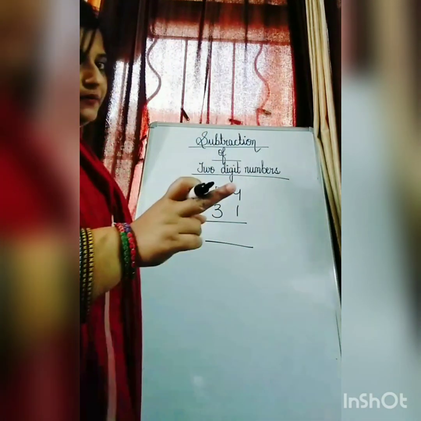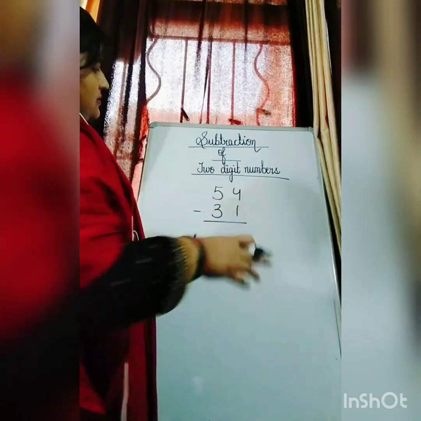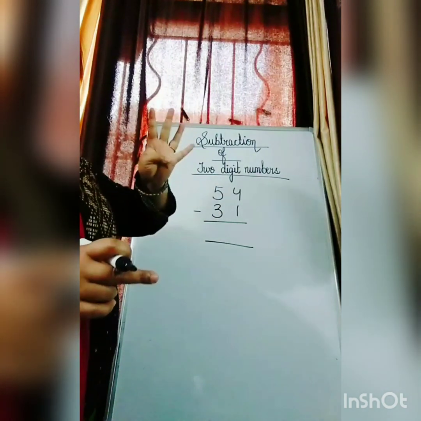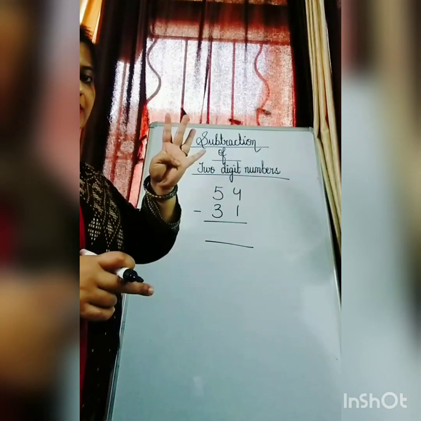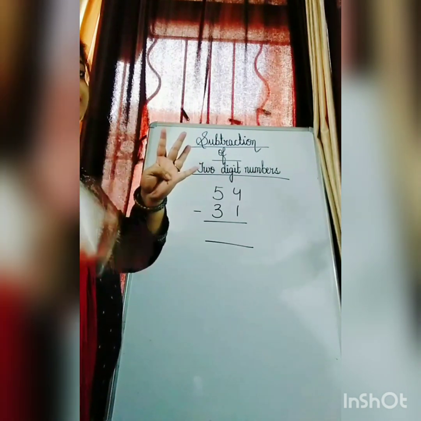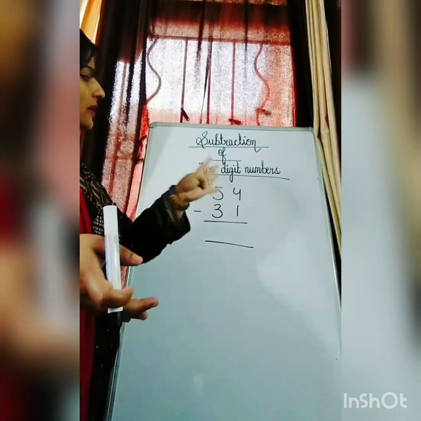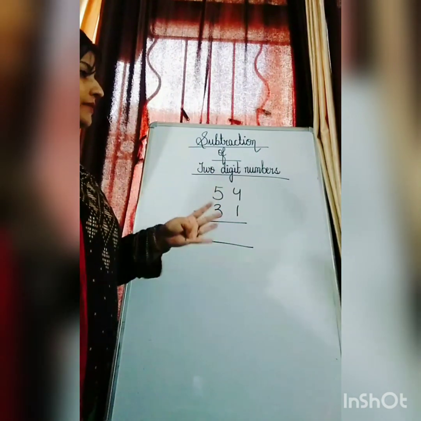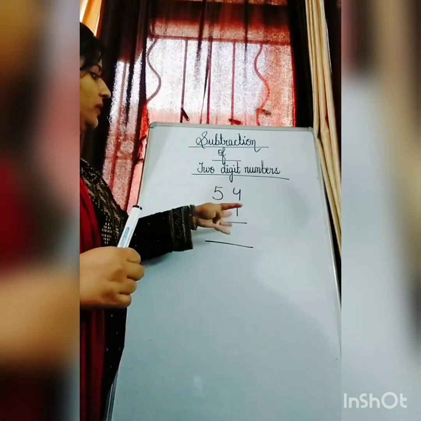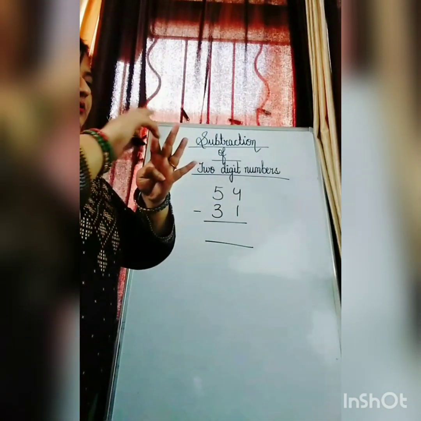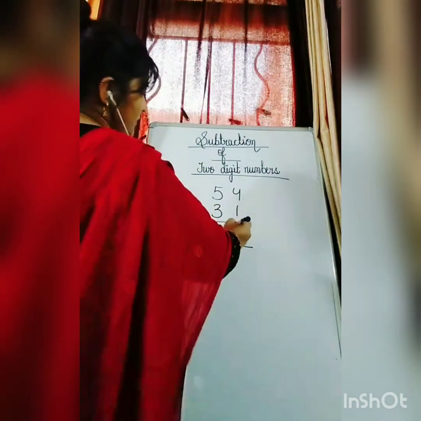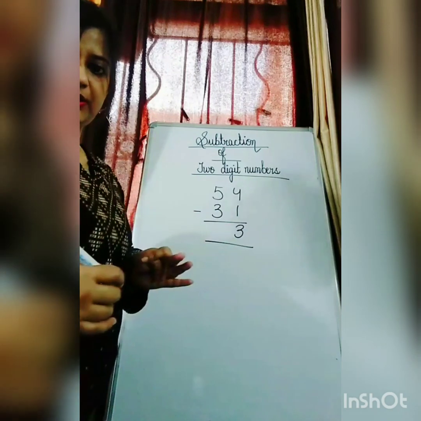You're not going to make a line for it. You're going to use your finger for this. 4 is there. You're going to take out your 4 fingers like this. Okay? In this, you have to take out all the fingers, according to the top number. Will take out 4 fingers over here. 1 is written below. How many fingers will go down? 1. How many fingers are left? 1, 2, 3. Put 3 over here. Okay?